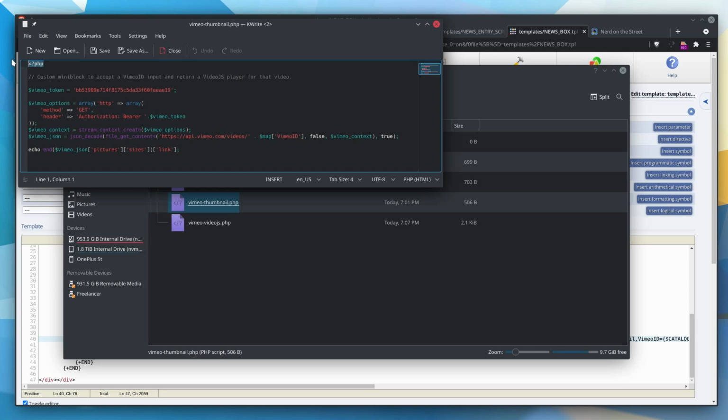And when you call this block from temp code, from any of your templates in your theme, it's really convenient because it's just going to call this PHP file, and whatever the PHP file prints or echoes, it's going to display in that template. So as you can see here, for Vimeo thumbnail.php, what I'm doing is I'm saying, okay,